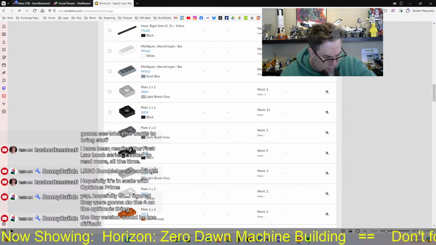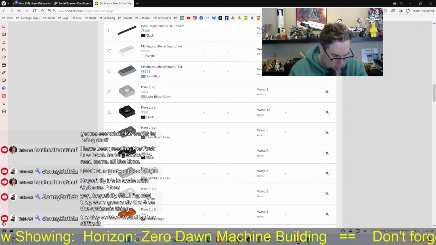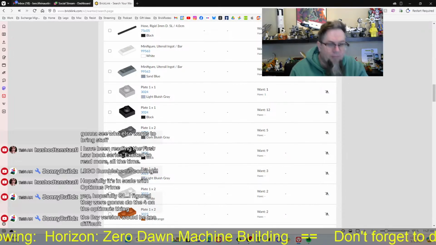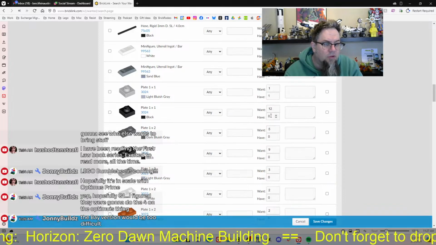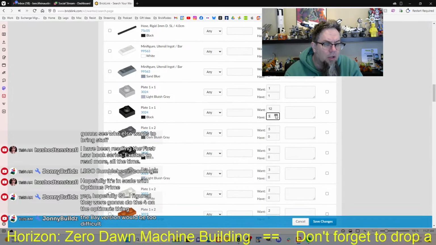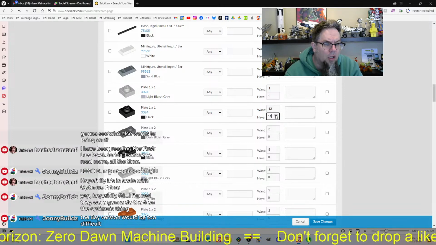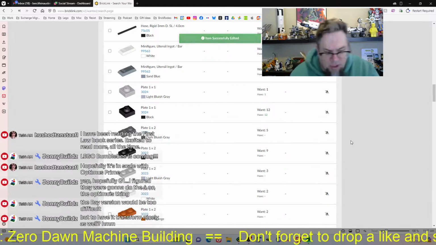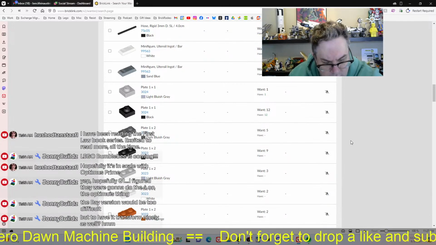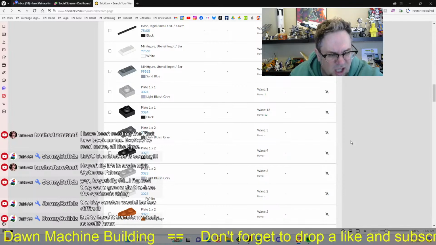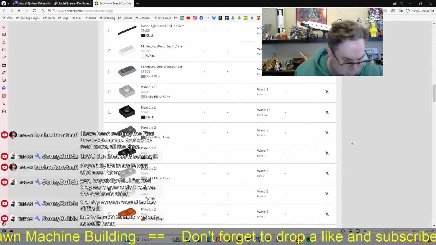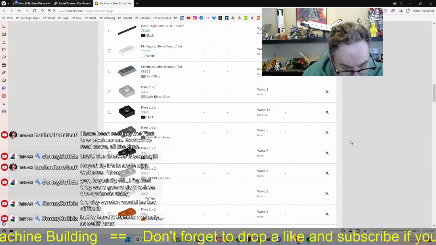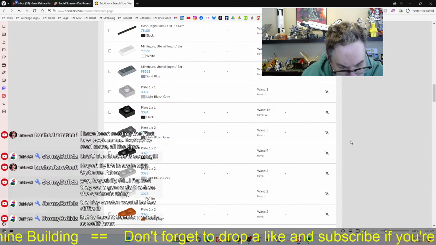All right, so there's 12 of those. If I can get them all into this bag. 12. Okay. 5 gray, 1, and 9 black. Set these aside. 2, 3, 4,